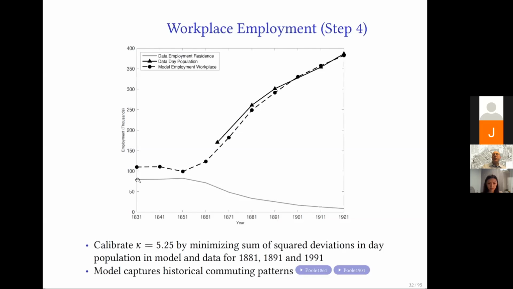In gray here, we've got the data on residence population that we saw earlier, around 130,000 in the early decades of the 19th century, and then it falls precipitously. The solid black line here is the data from the day census that you saw earlier on the number of people present during the day, which we're going to interpret as workplace employment in terms of the model. And then the dashed black line here are the model's predictions for employment by workplace going back every decade into